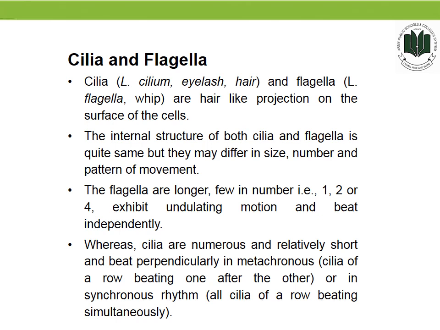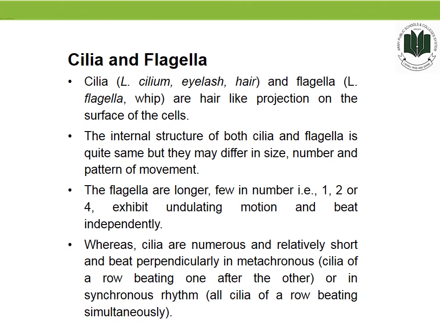Cilia and flagella. Cilia and flagella are projections from the cell. They are made up of microtubules and are covered by an extension of plasma membrane. They are motile and designed either to move the cell itself or to move substances over or around the cell. The internal structure of both cilia and flagella is quite the same, but they may differ in size, number, and pattern